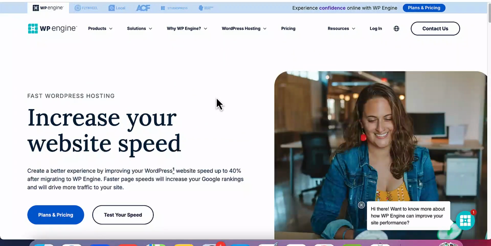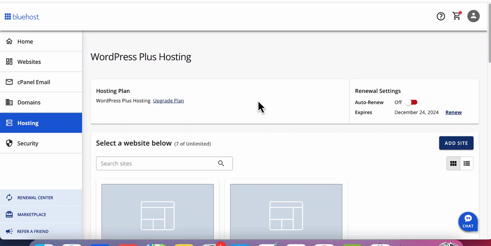So after you created your domain and web hosting, and when you log in, you come to your WordPress dashboard. Okay, after you purchase your domain and web hosting, after you log into your Bluehost account, you will probably come to this page. If you go to the hosting,